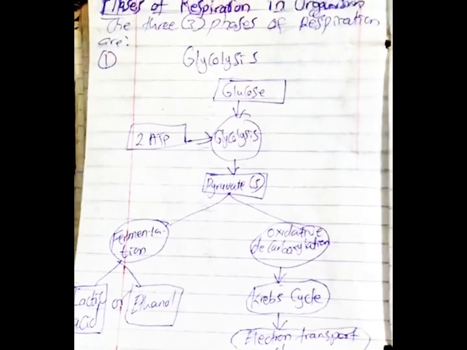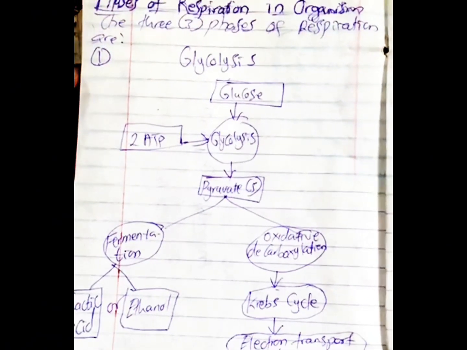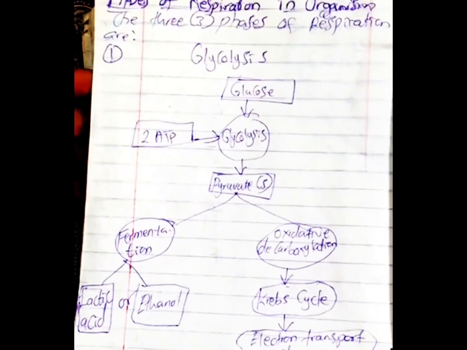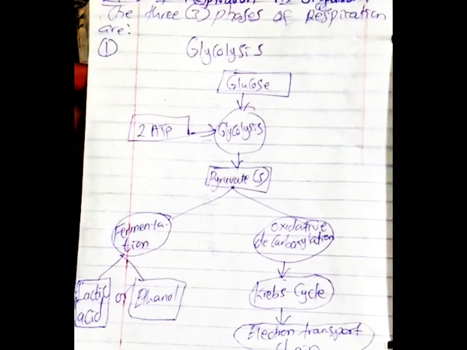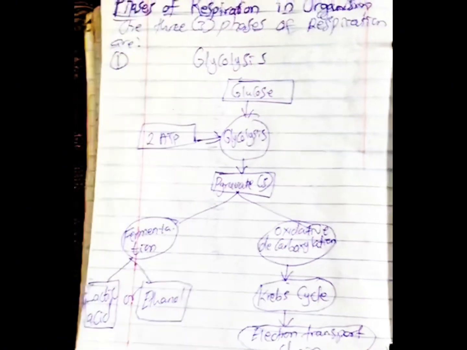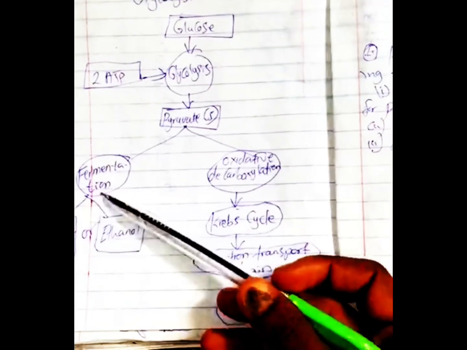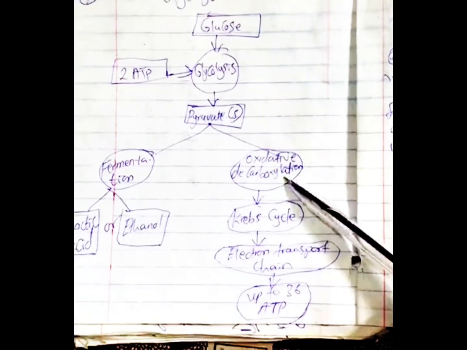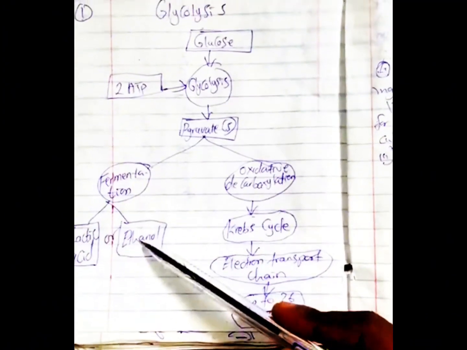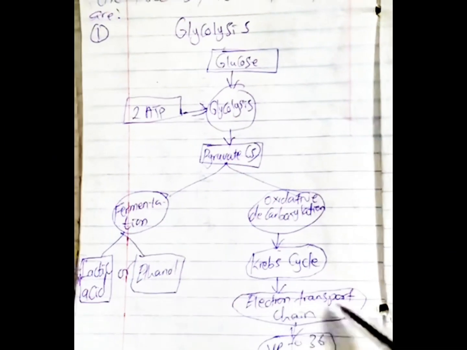So the next one, we have phases of respiration in organisms. We have three phases of respiration. Number one is glycolysis. This diagram indicates the process of glycolysis. From glucose, when energy is added, it makes glycolysis, then pyruvate. Then the pyruvate forms fermentation and oxidative decarboxylation. Fermentation leads to either lactic acid or ethanol, while oxidative decarboxylation leads to the Krebs cycle and electron transport chain,